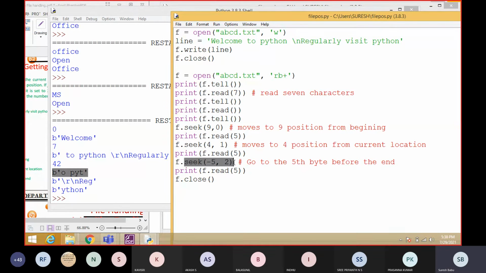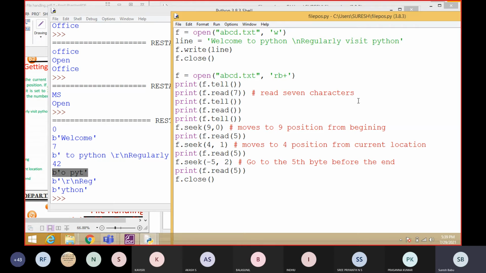Then again they are using the seek function -5, 2. 2 means, as I already told you, it will move from the end. For the end value you have to specify only negative values, because it has to move backward from the end. So -5 means 5 characters: 1 2 3 4 5.